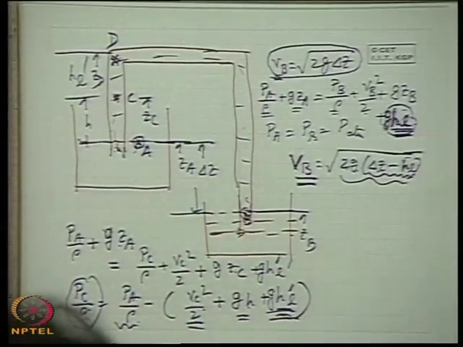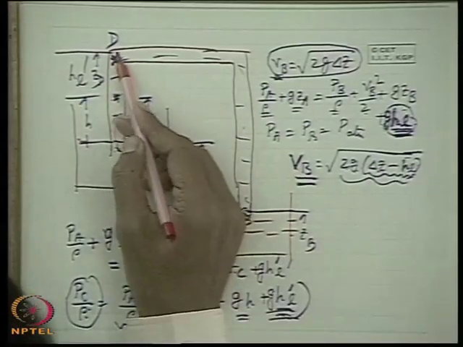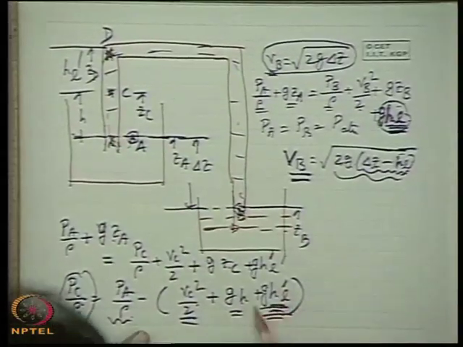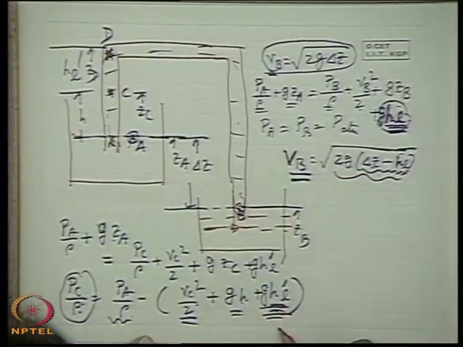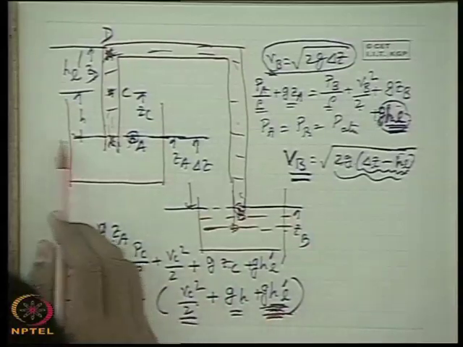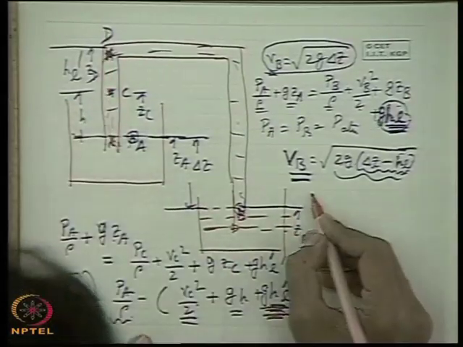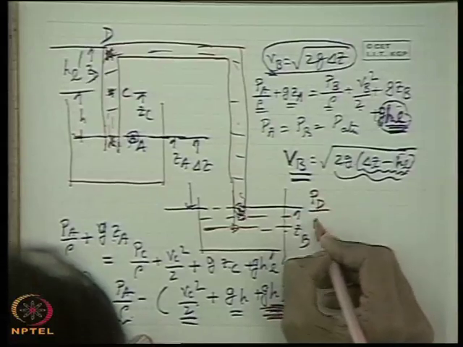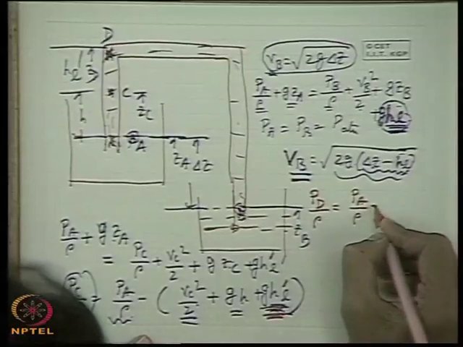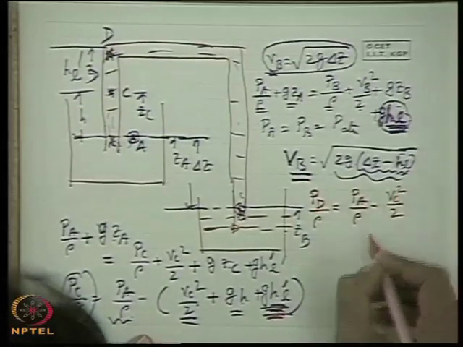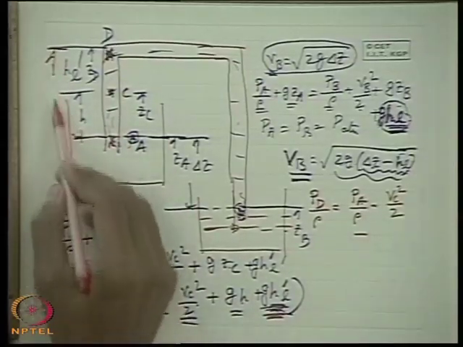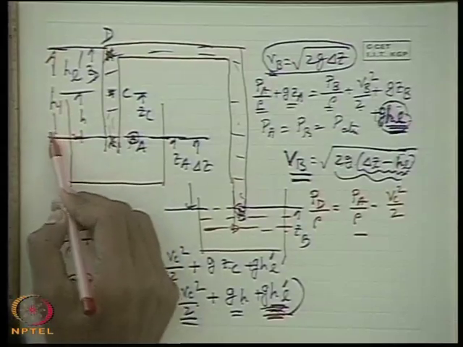You write the Bernoulli's equation now, between this point and this point, taking care of the losses. First of all, you neglect the loss, because I have just explained the role of the losses, but frictional losses are low because the velocities are very low. So therefore you can neglect the losses. Neglecting the losses, if you find out this pressure, what will it be? PD by rho is equal to, tell me, PA by rho minus VD square by 2 minus G, let this height be H1, any height you take.